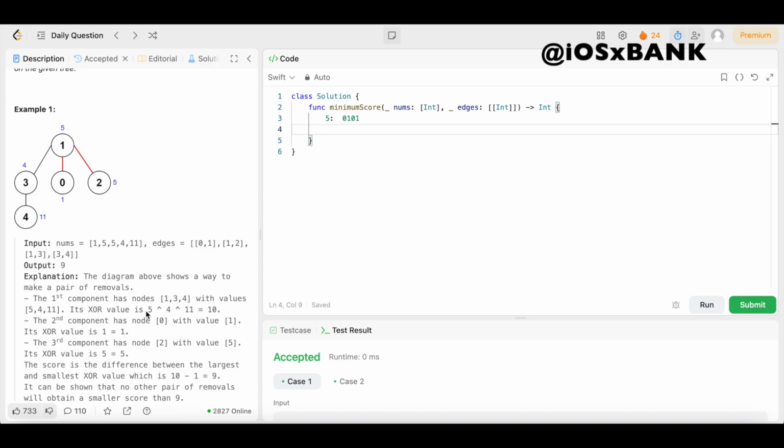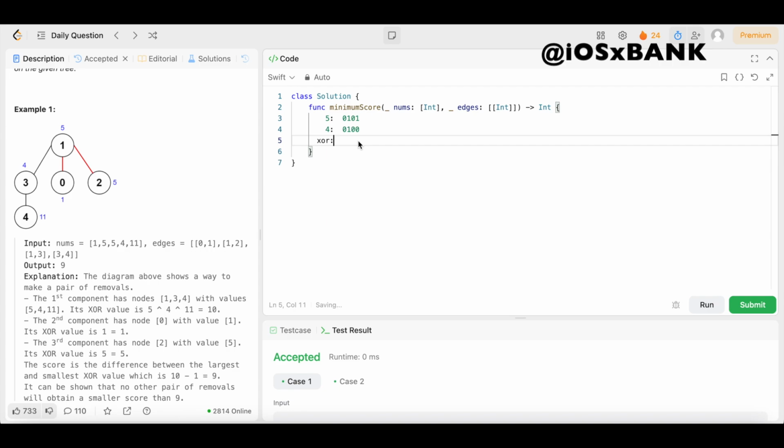First we're just doing 5 and 4. 4 in binary would be 0, 1, 0, 0. Now we use our XOR to compare these, so we put the XOR right here. After we compare these using our XOR operator,